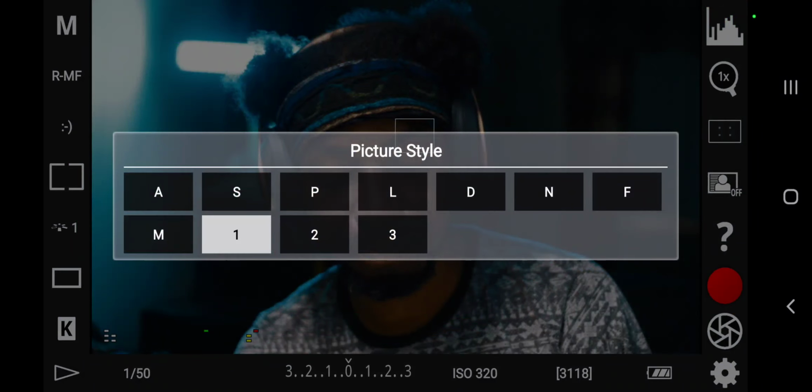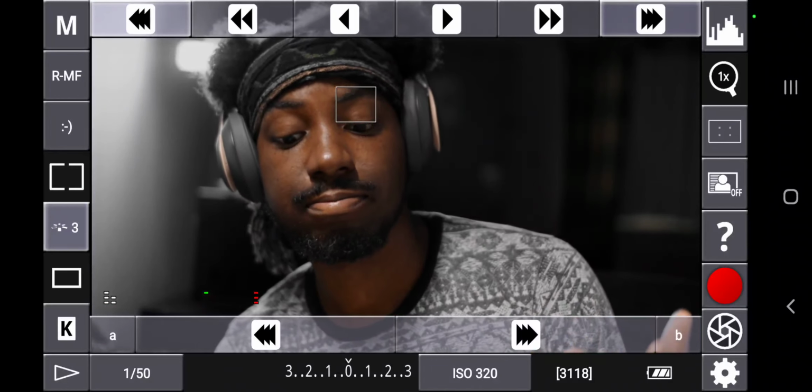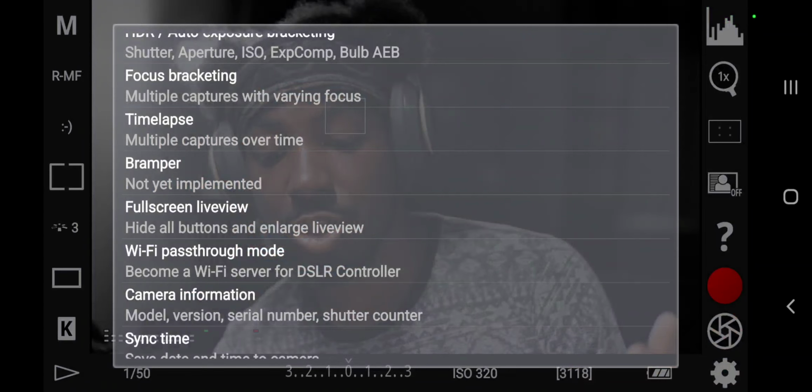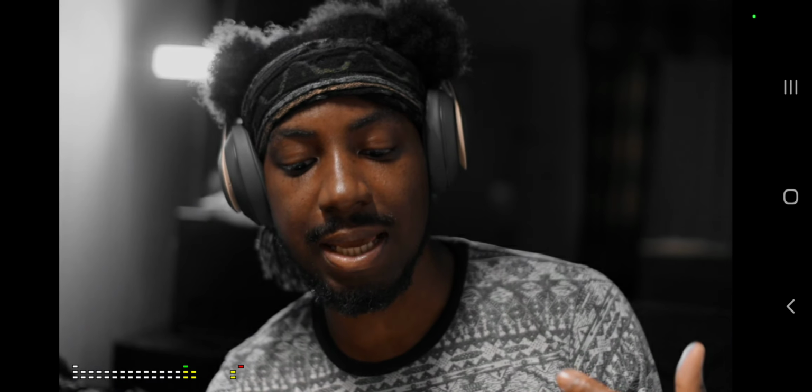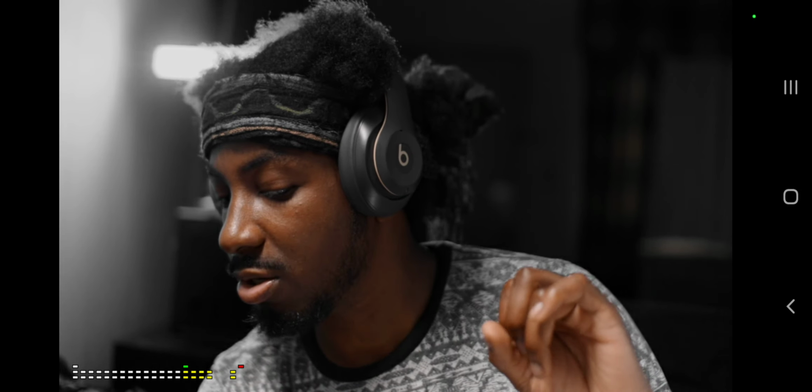So I'm going to go ahead and go to my look. So this is basically out of the camera. As you can see, what this is doing is it takes out all of the blues, right? It takes out all the blues, all the reds. It turned the reds to orange. It makes the